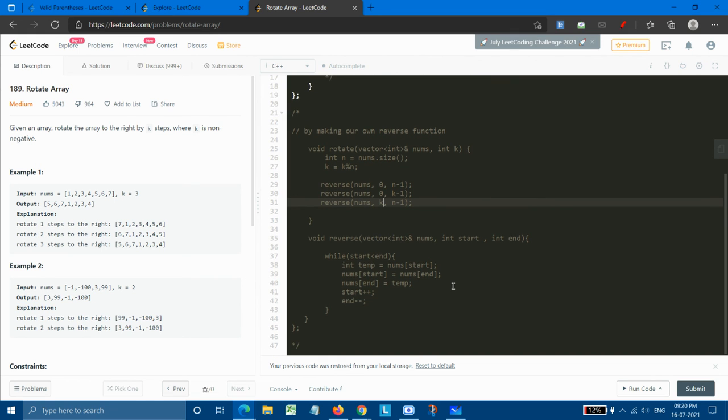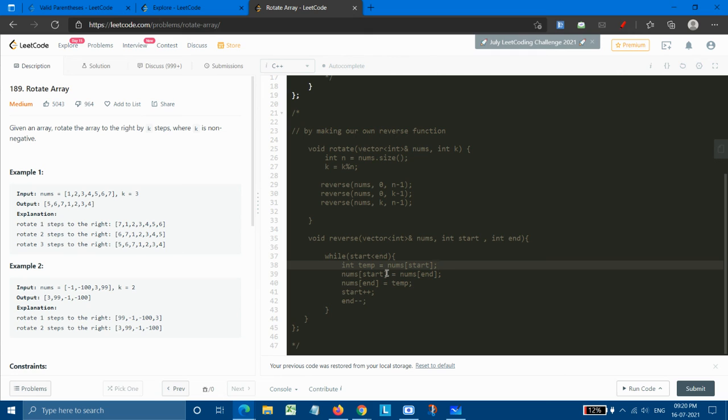So now the next thing is how we will reverse. We will be reversing by using two pointers, that is, until our start is less than end. We will take a temp variable, in which we will store our first number.